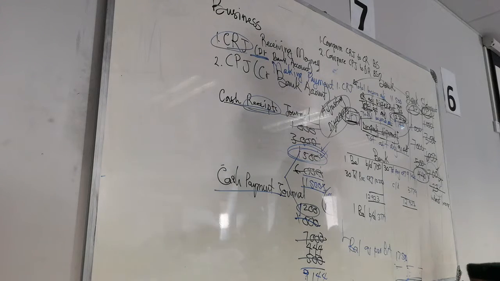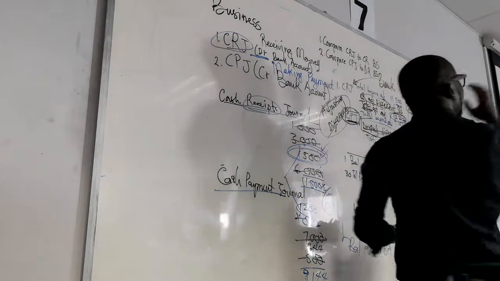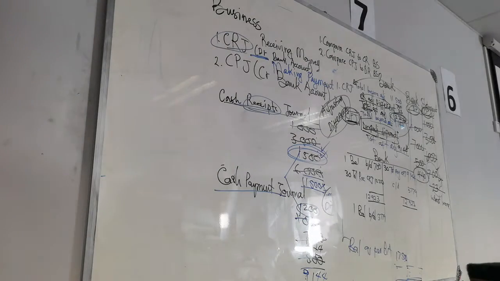You need to actually go and say, what must I do? I just told you, there are 3 things. You need to go and compare CRJ to the credit side. Somebody is sitting here and you're not even hearing what we are saying. You're going to go home, throw your books away and think that you know finance. You don't. Practice. Get them right, get them wrong, but at the end of the day, practice. It makes perfect, so they say.